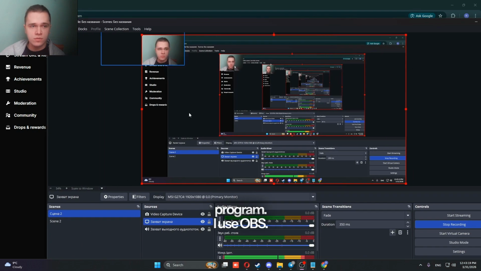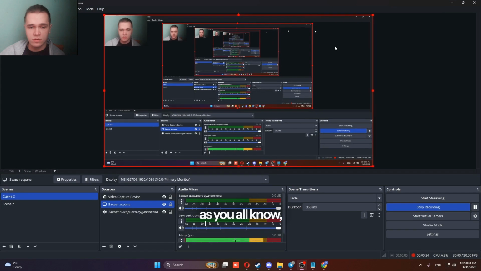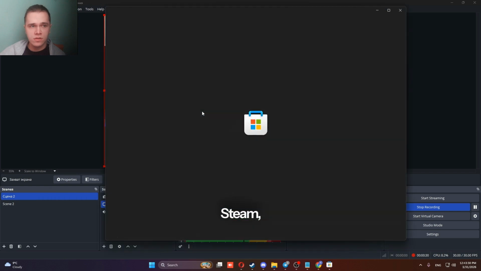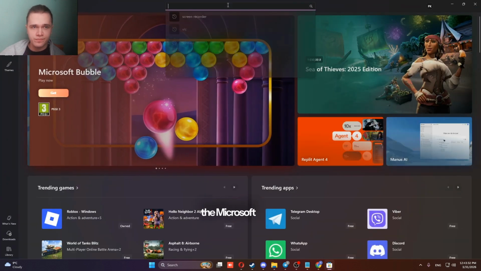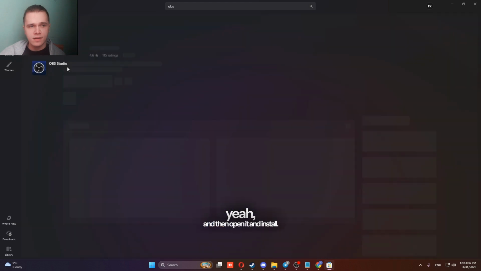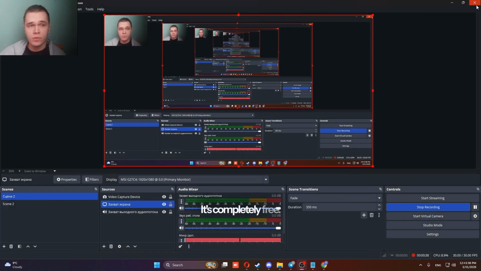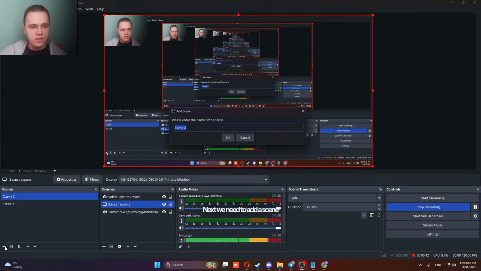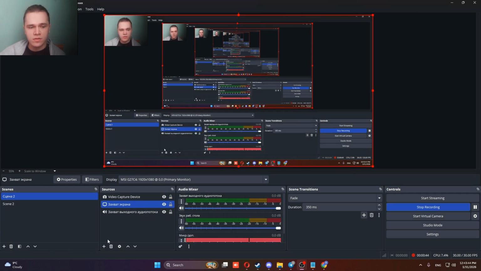I use OBS. In my case, it's the most basic program, as you all know. I think many are already familiar with it. Well, you can install it through Steam or you can install it through the Microsoft Store. Just type in OBS here, and then open it and install. It's completely free. So next we need to add a scene here, add a display capture here and add,